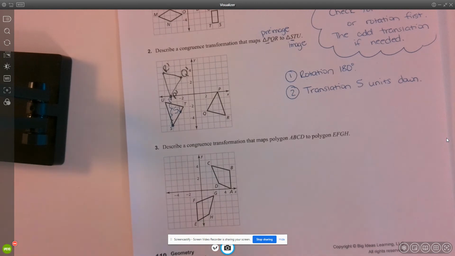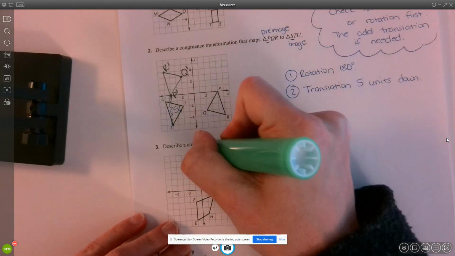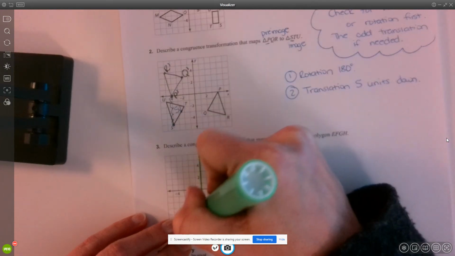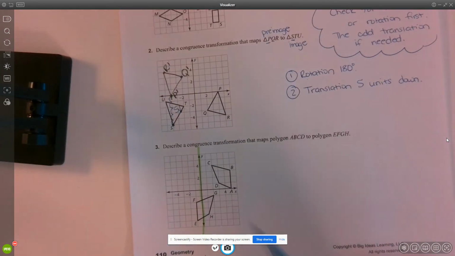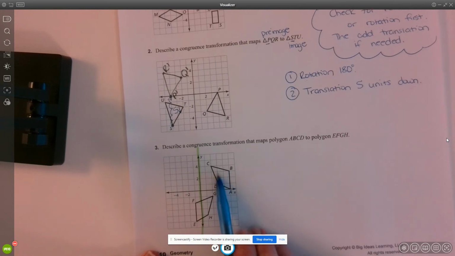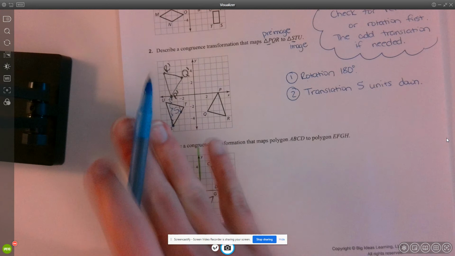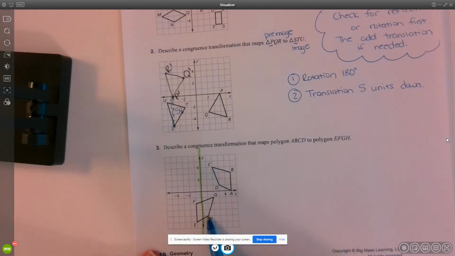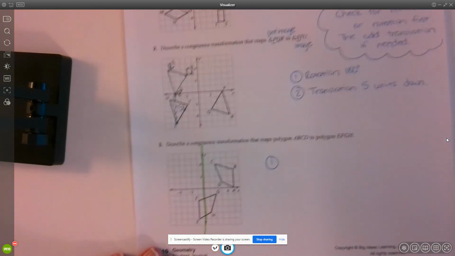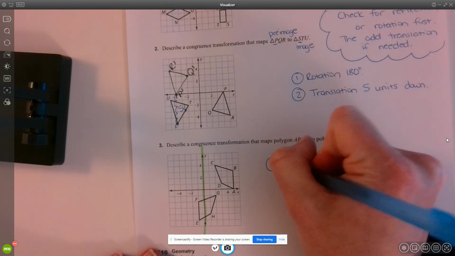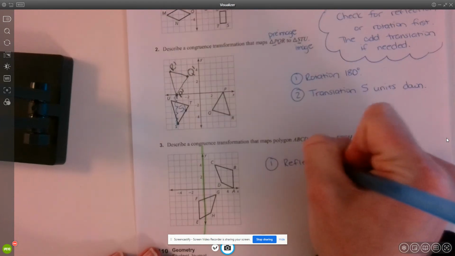So whatever line of reflection I pick, I need to make sure it's a vertical line of reflection. Just as an example, I will use the y-axis for my line of reflection. I'm going to go ahead and reflect this polygon across the y-axis. When I do that, I know it will be flipped correctly so that I can then try to map it onto this image. So my first step in my congruence transformation, I'm going to do a reflection